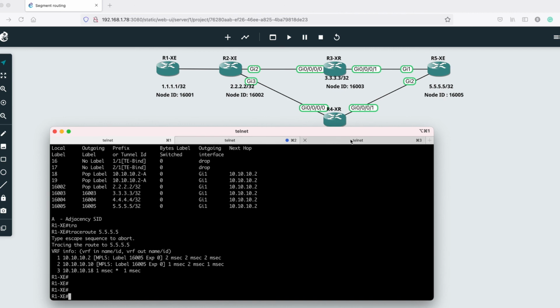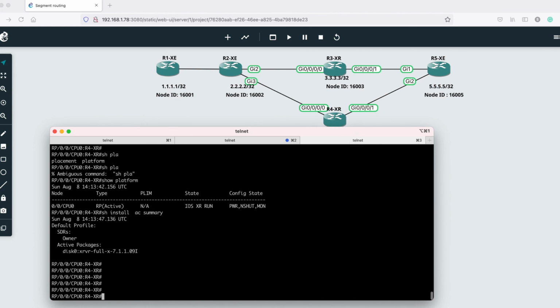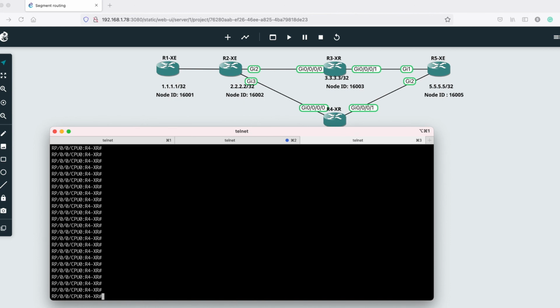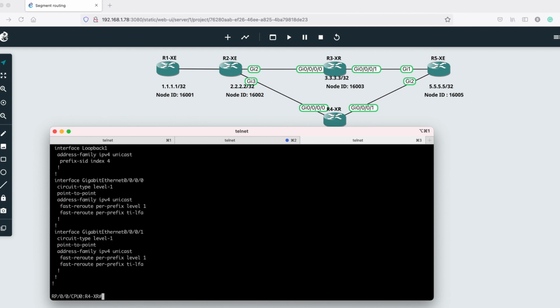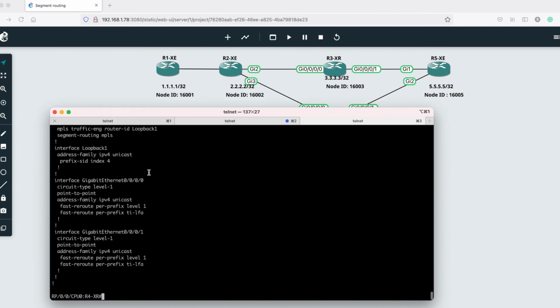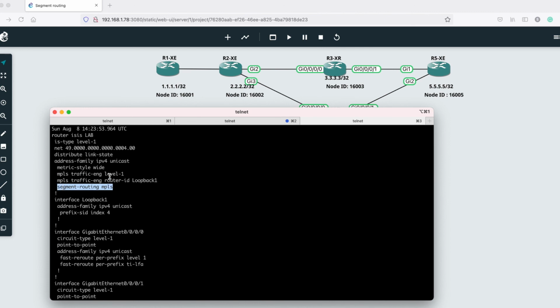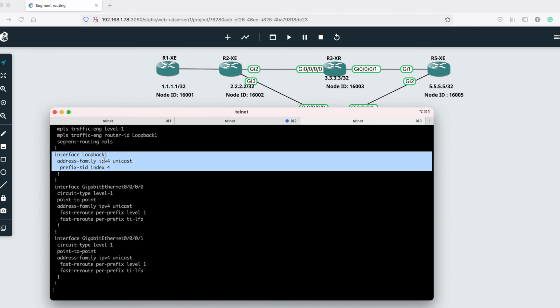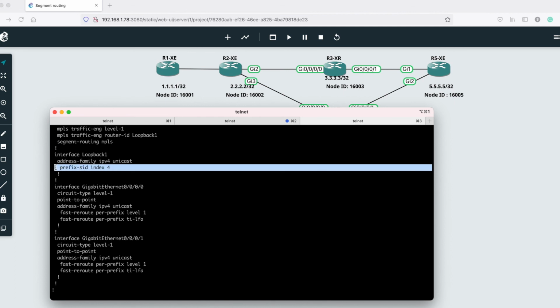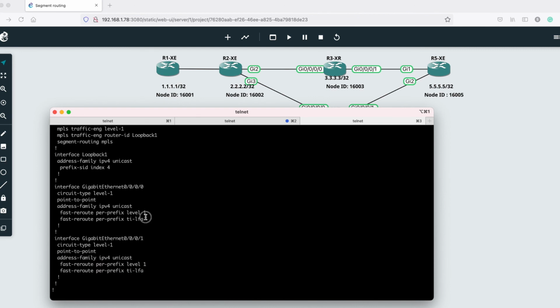Now I just wanted to show you the quick configuration on an IOS XR router also. Here almost everything will be configured under ISIS itself. So if you see the ISIS configuration, show run router isis, you will be able to find metric-style wide, which is very much needed, and segment-routing mpls enabled, and under the loopback you will have to assign the index value and enable prefix-sid for that. That is all the configuration needed on an IOS XR router. You can ignore all other configuration like fast reroute, etc.